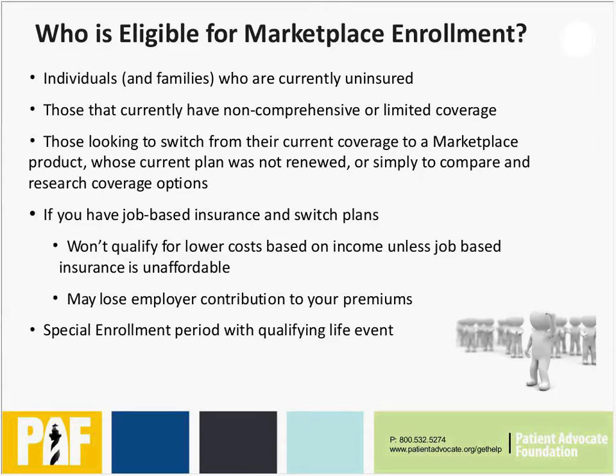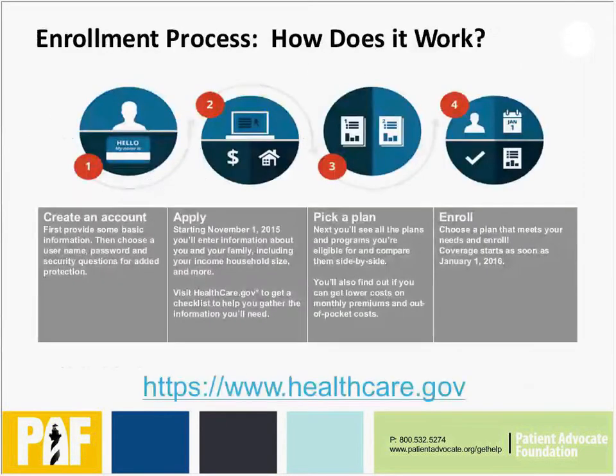There is a special enrollment period for people who have a qualifying life event, and it's important to remember that if you have Medicare, you are not eligible to buy a marketplace product. So how does the enrollment process work? I've oversimplified it a little bit here for the purposes of the presentation, but it does have 4 distinct